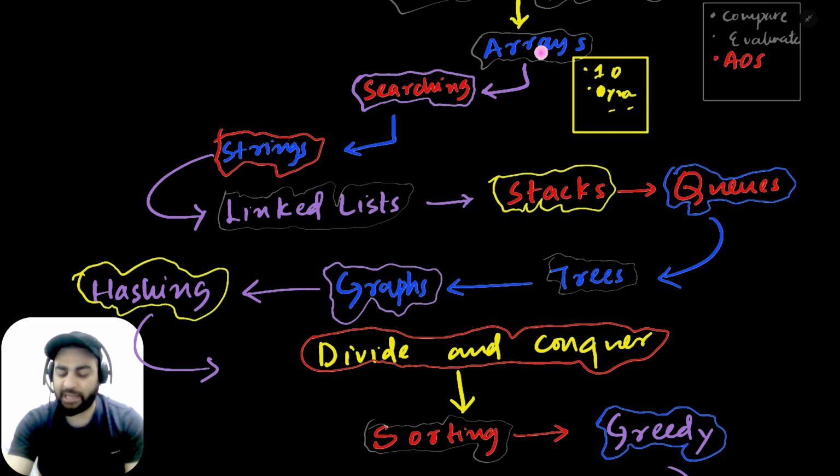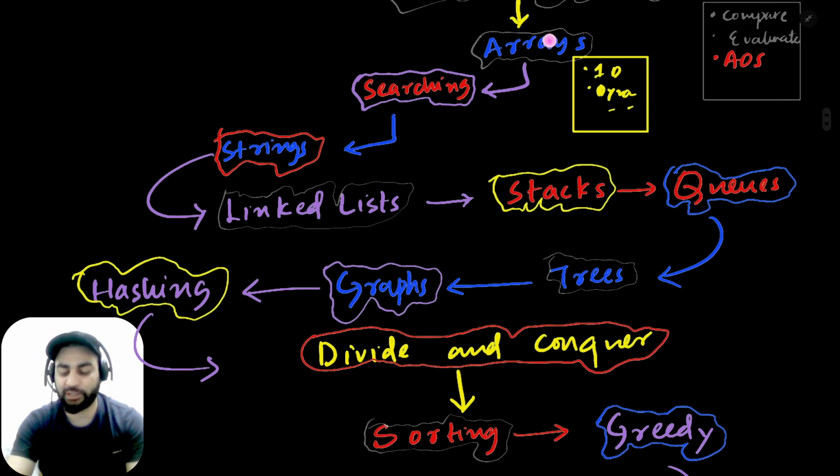Once we are done with arrays and linked lists, I'll say these two are the foundations, the real foundations from which you can build any other data structure. If you understood these two things, then you are ready to go and write your own data structures. And after that we'll read about stacks.